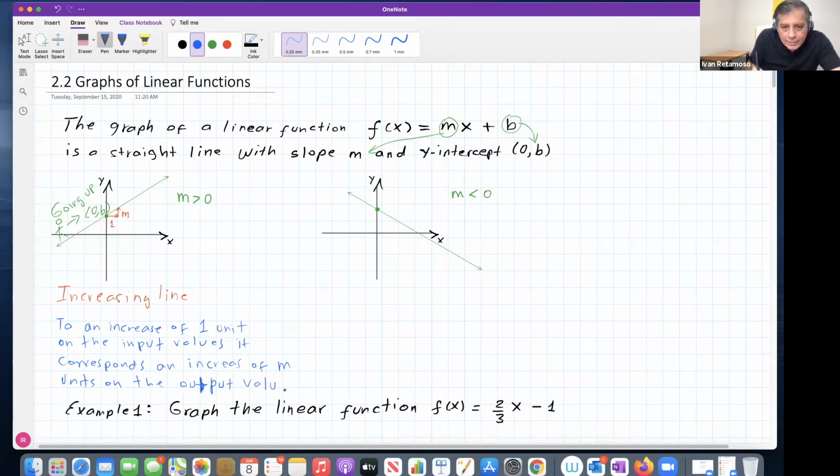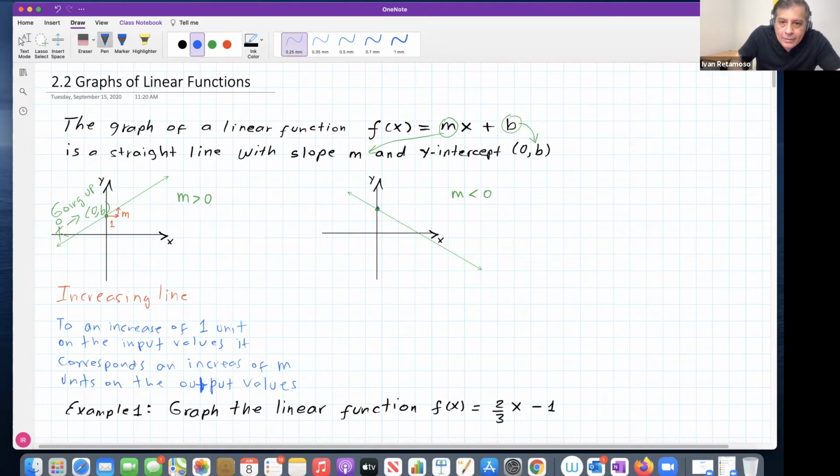Right? So this is the powerful idea, guys. The slope is the variation associated to a variation of 1 unit on the input values, right? And kind of determines the steepness of the line. First scenario. Second scenario, if the slope is negative,